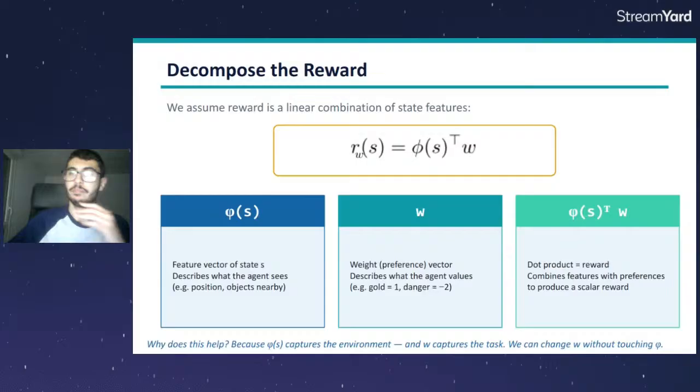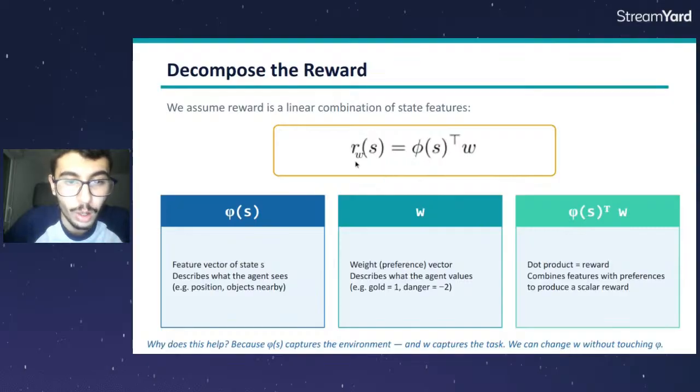So yeah, to separate this, we can use what we call a reward decomposition. We are going to assume that the reward function that we are going to solve is a linear combination of state features. So S is the state, phi of S is the state features, and we assume that the reward function is a linear combination of the state features. So basically, the reward function is equal to the state features multiplied by a certain vector. Since it's like an affine multiplication, it means that R of S is linear with respect to phi of S.